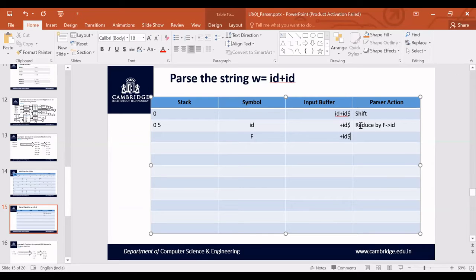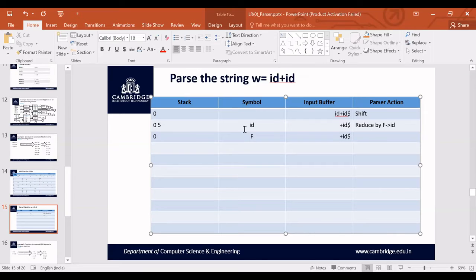Okay. Now, whenever you are performing the reduce operation, how many symbols have you reduced? It is only one symbol that you have reduced. You have replaced only one symbol, that is ID with F. So however many symbols you have replaced or reduced, that many states have to be popped out of the stack. I have reduced only one symbol, that is ID with F. So I need to pop out only one value, and that value is 5. I am not going to retain 5 on the stack top anymore. I'll have to pop it out.